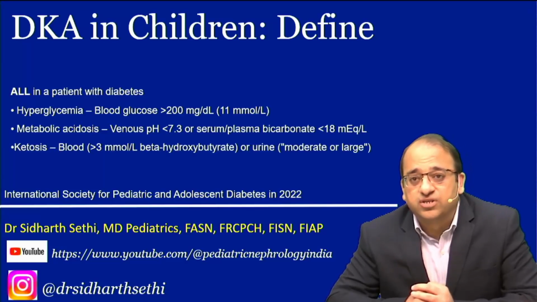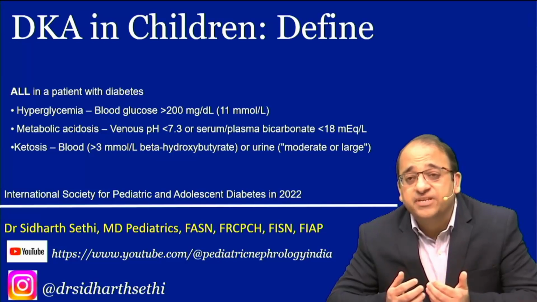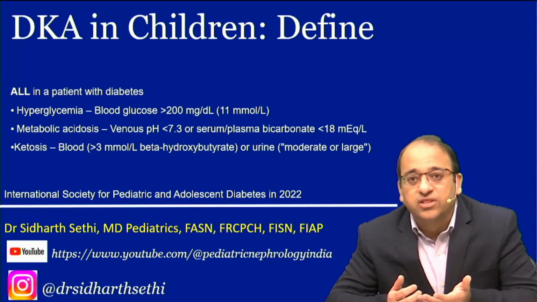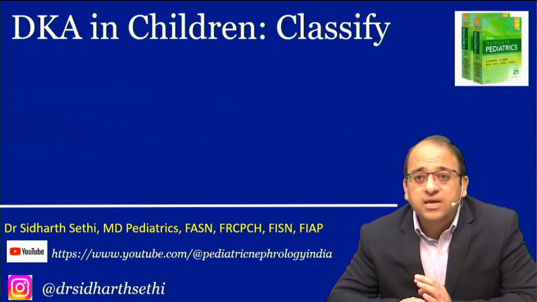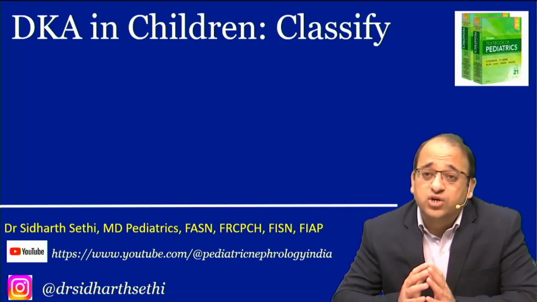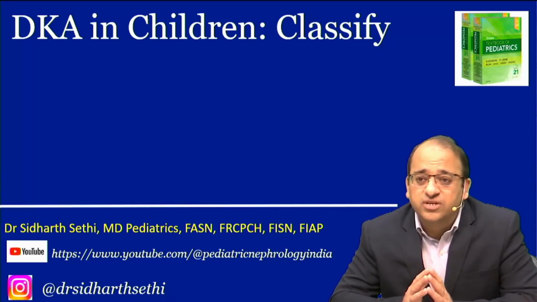there is ketosis. Now ketosis can be seen in blood or urine. So in the blood, if it's more than 3 millimoles per liter of beta hydroxybutyrate, or on the urine dipstick you can find moderate or large ketones. That's called ketosis. Now when a patient comes to you and you have diagnosed diabetic ketoacidosis, your next step is